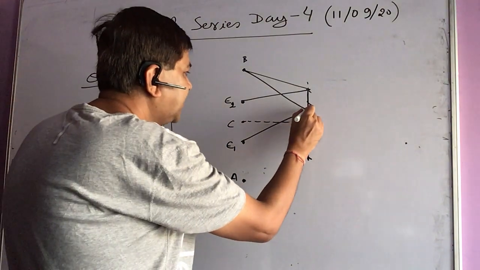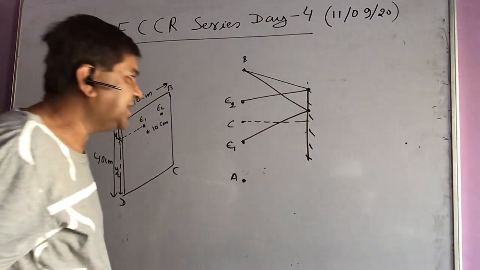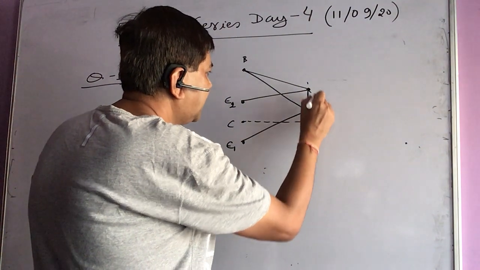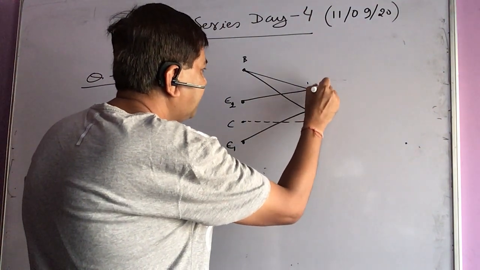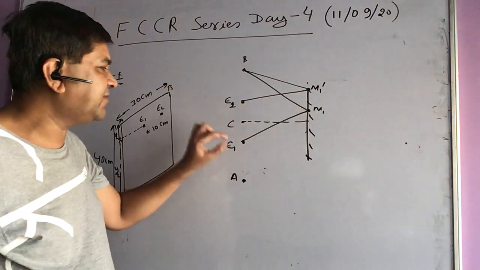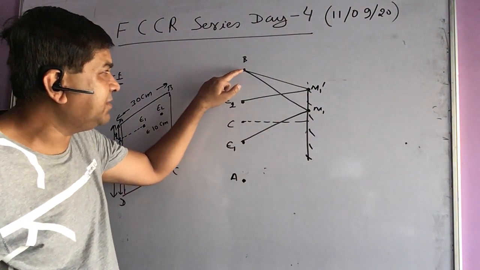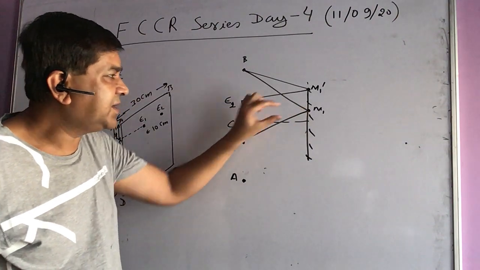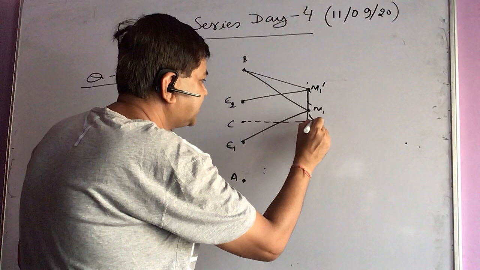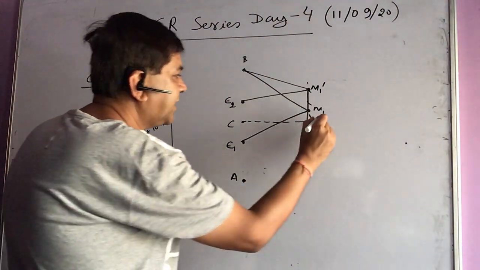And obviously, if I take these two distances as M1 and M1 dash, obviously we require lesser width in case of E1. So if the image of B is seen by E1, it requires a lesser width. How much lesser width? So this distance I can calculate. This is 0.6, this is C dash, so I can get this distance.